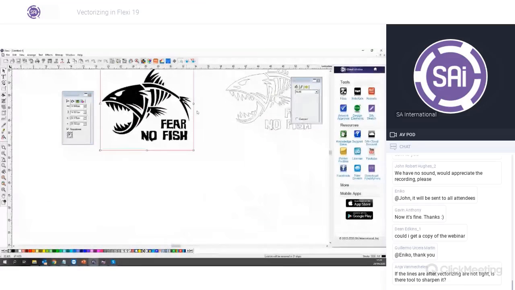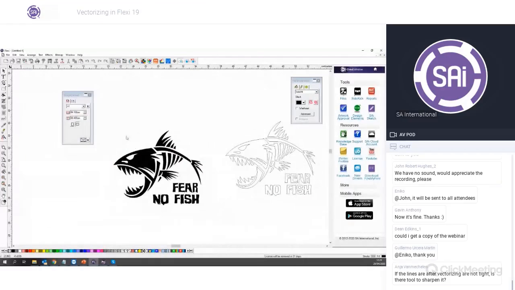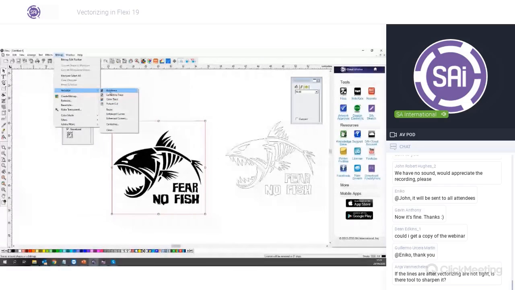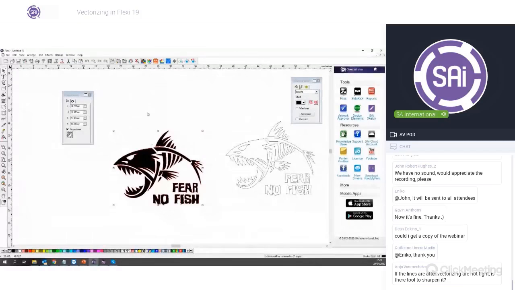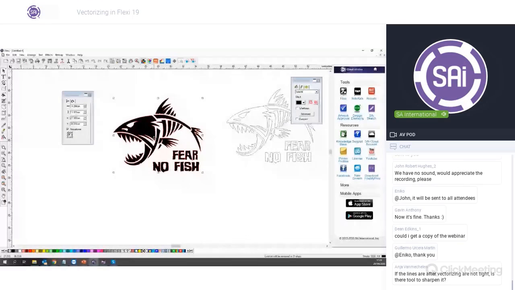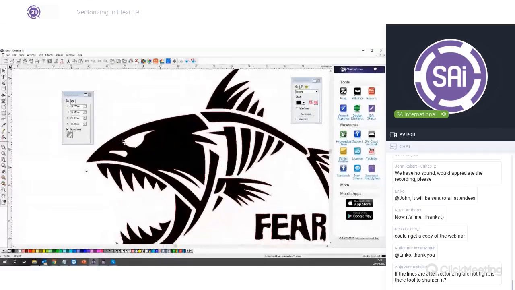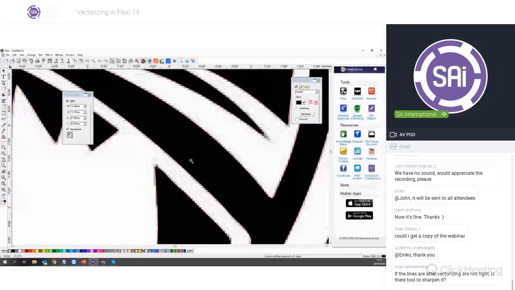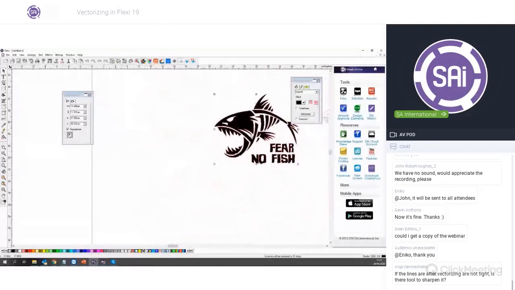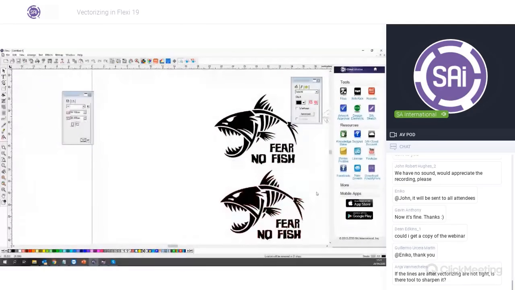So we'll leave our auto trace up here for now, and then we're going to look at the Bezier curve tool. So again, we select our bitmap, and we go to bitmap, vectorize, and Bezier. And this is going to plot Bezier curves based on distinct points in the bitmap. In short, what it does is it plots points here and then creates a curve following the edge of the bitmap. So as we can see, it kind of ignores a lot of the fuzziness around here by plotting curves instead. So if we drag this one down here,